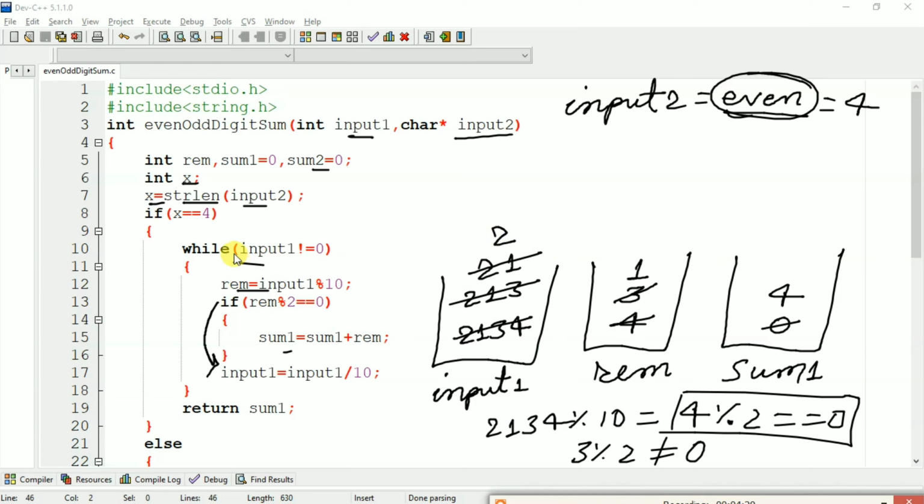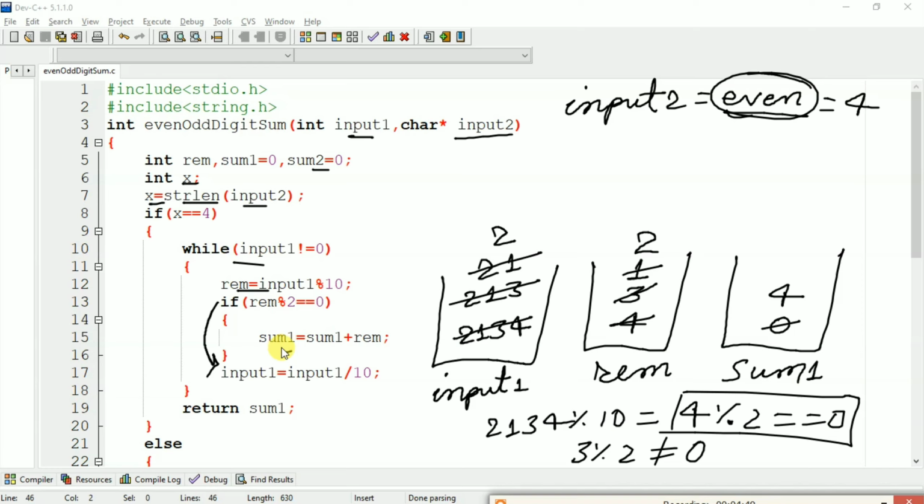After that again we will check the condition, while input 1 is not equal to 0, here we can see that 2 is not equal to 0. So again we will perform this operation, remainder equal to input 1 modulus 10, here 2 modulus 10 returns 2. Now remainder will be updated to 2. Now we will again check the condition, if remainder modulus 2 equal to 0, here 2 modulus 2 is equal to 0, so our condition is true.